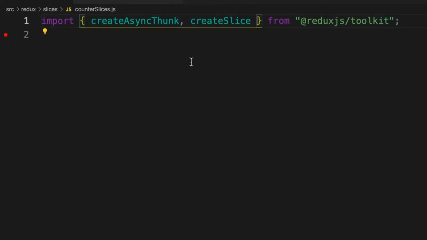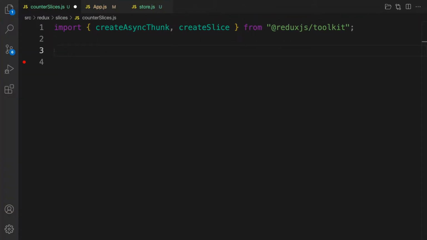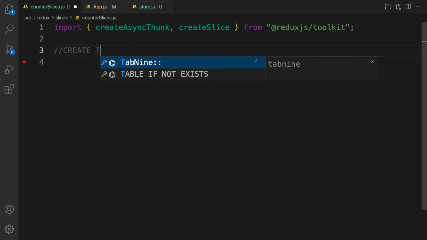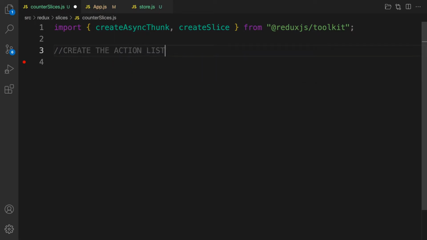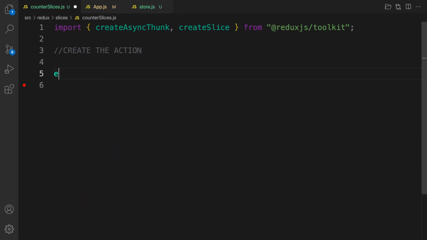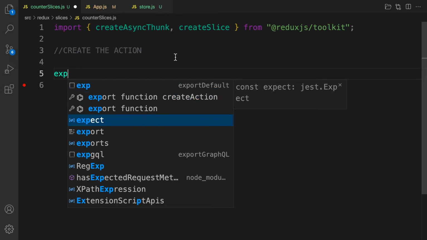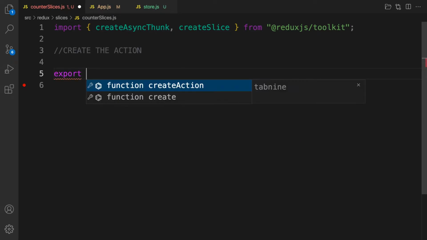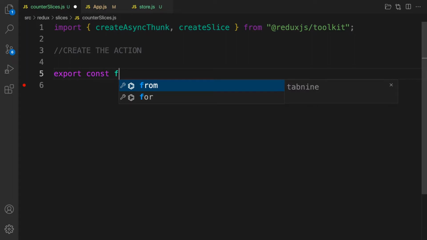So next is let's create our action to make the call to the external API. So here let's say create the action. All right, and export const, let me call this one fetchPost,